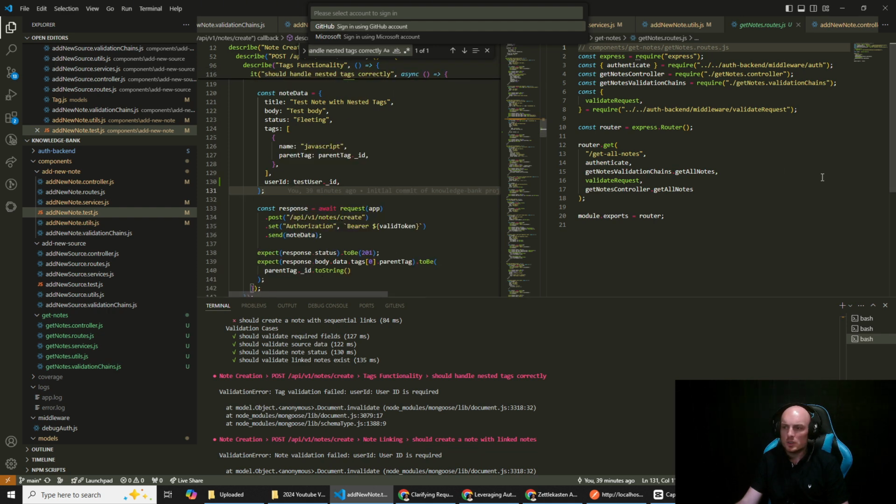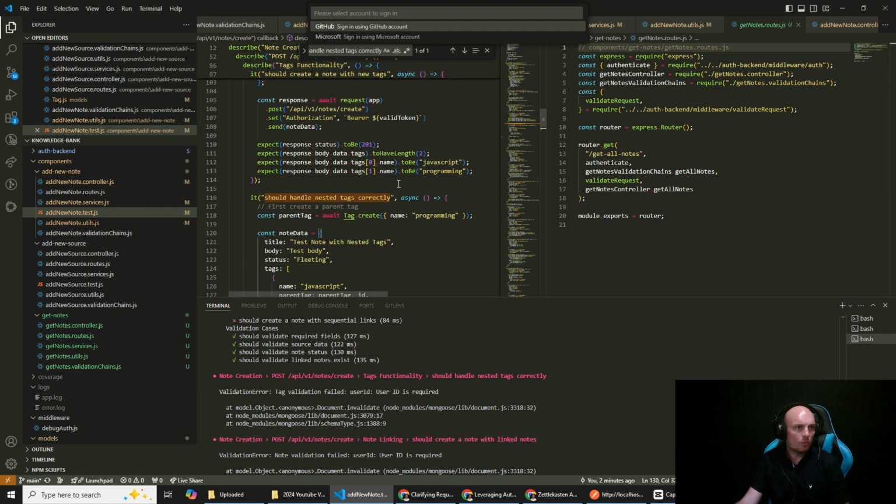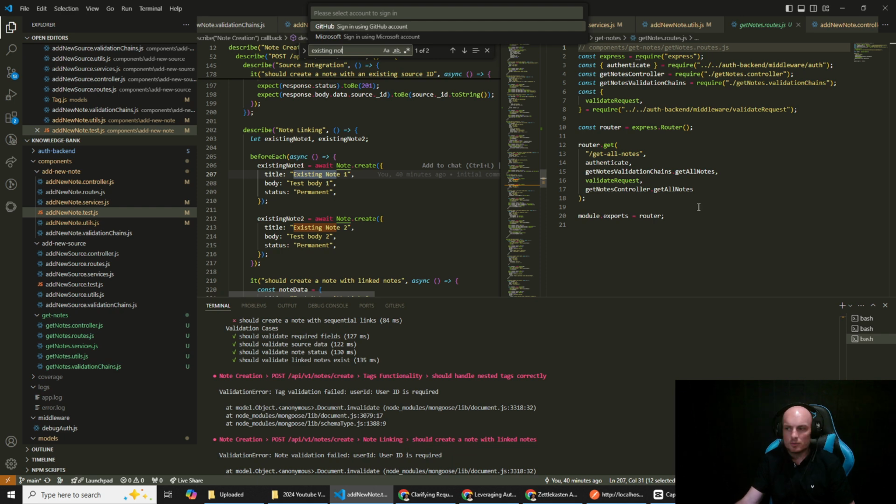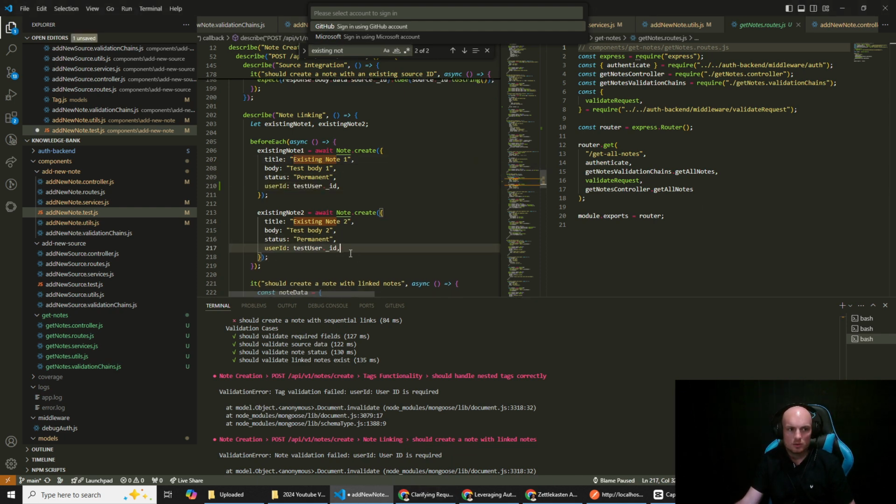Send note data. I don't know. Let me see. I'll understand it once it tells me. So hang on. It's because we're using here. It's because they're sequential. So it's getting existing note 1, existing note 2, and then if we go to this test,